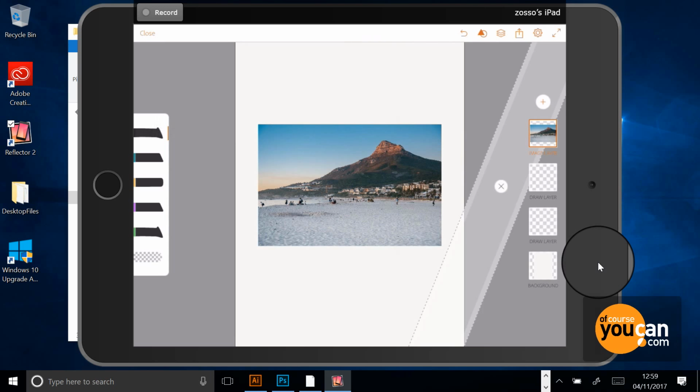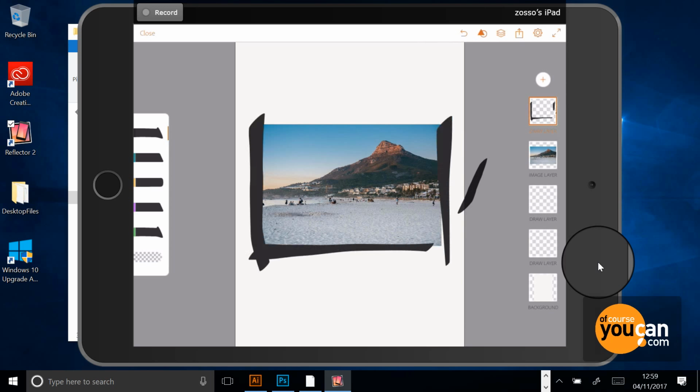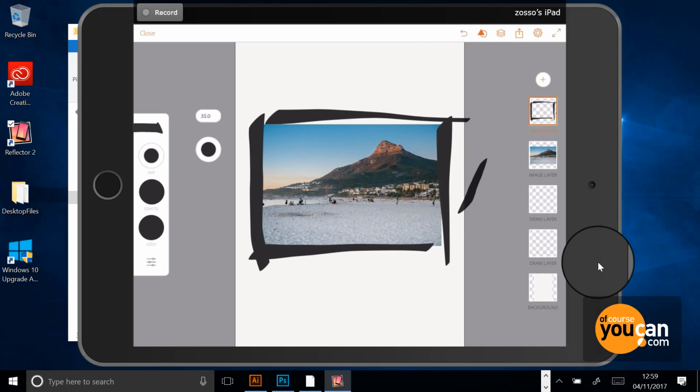I'll take this one and I can start drawing. Now, sorry, it's drawing on that ruler. I'm going to just take the ruler off, and now you can see that you can draw straight onto this page. And you can click in here and make your size big or smaller. You can choose a different color